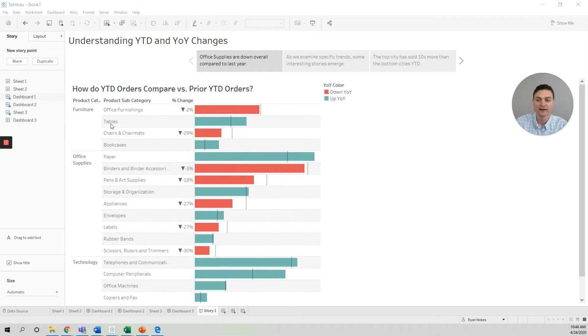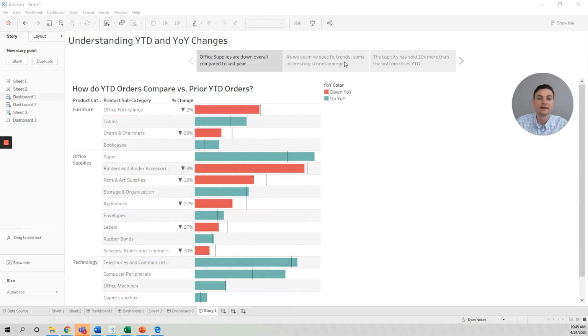So you'll see this one here. I've got this broken out by product category and subcategory. Then you can see very quickly who's up in green, who's down in red. Those that are down, I've shown you by how much. So we can see there's a lot of categories down in office supplies. And of those, scissors makes up the smallest category, but is down the most year to date, year over year. So that would be January 1 to April 24th of this year versus January 1 to April 24th of last year. So that's one approach to answering some of the things that you want.